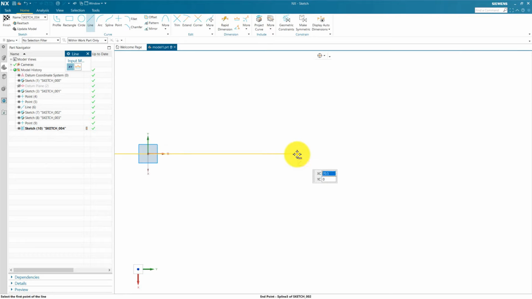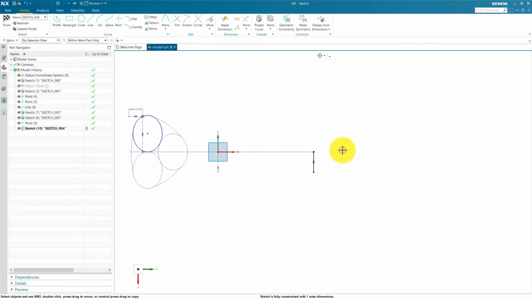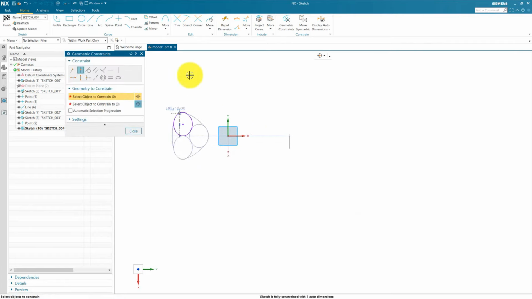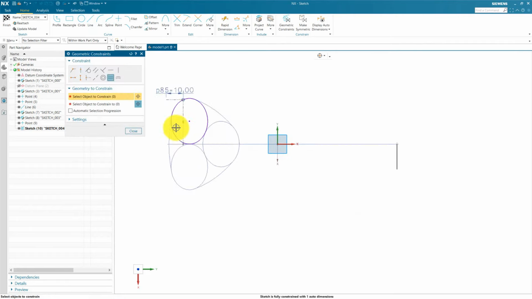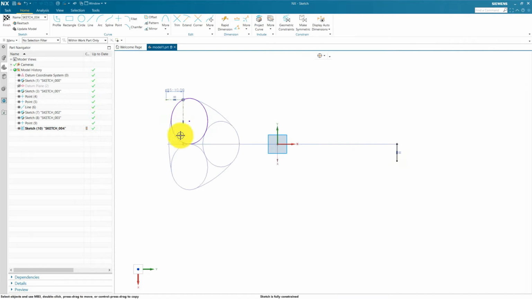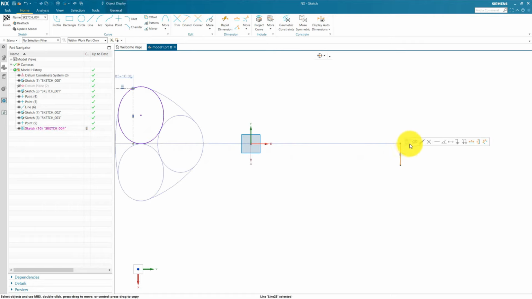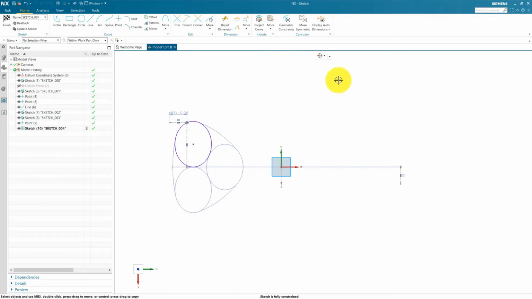Create one line at the end point in this direction and apply a constant equal length. Select this length and this. Okay, now convert into reference. Now we are going to create our curve from here to somewhere here and